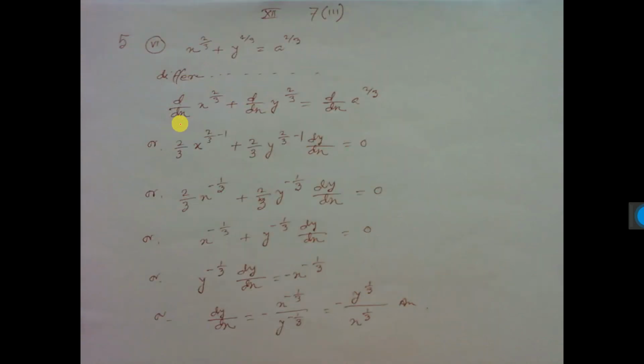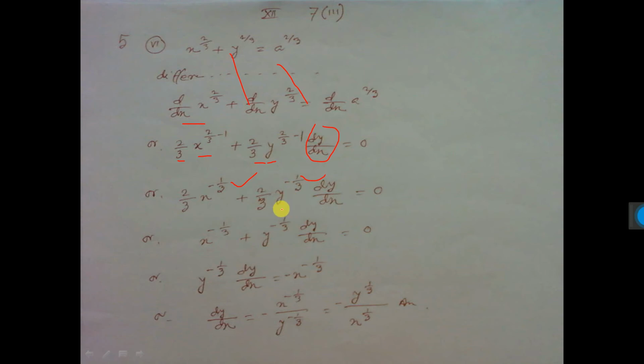This one, see d/dx of this, d/dx of this, d/dx of this. So x to the power n formula, n into x to the power n minus 1. Here n into x to the power n minus 1. Since y I consider x, so again into dy/dx, and that side constant differentiation is 0. So 2 by 3 minus 3 it will be, so minus 1 by 3 here. Here also minus 1 by 3.